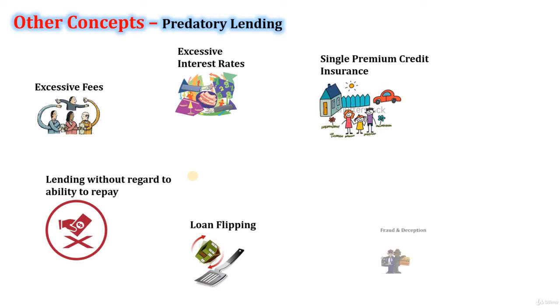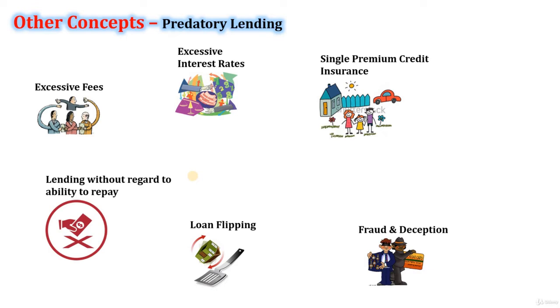Fraud or deception. Predatory lenders may perpetrate outright fraud through actions such as inflating property appraisals and doctoring loan applications and settlement documents. Lenders may also deceive borrowers by using bait and switch tactics that mislead the borrowers about the terms of their loan. Unscrupulous lenders may fail to disclose items as required by law, or in other ways may take advantage of the borrower's lack of financial sophistication.